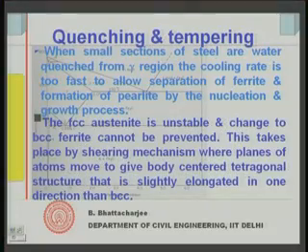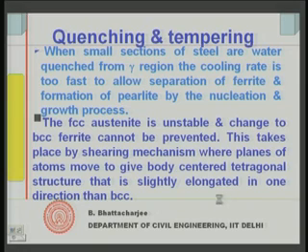So, the original structure formation is hampered, the nucleation and growth process cannot take place, but when it is cooled, the austenite structure is also not stable. So, it tends to form something different from the conventional body centered cubic ferrite structure. It forms a body centered structure, but slightly elongated in one direction. So, that is what happens when we are trying to cool from this region, and the result, of course,